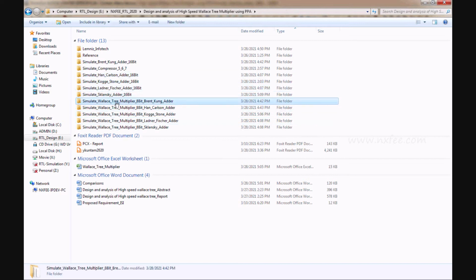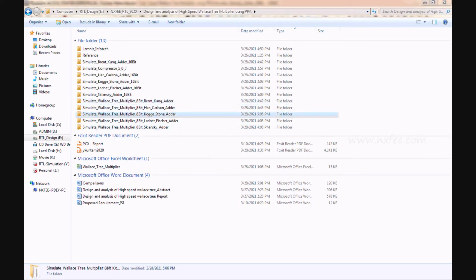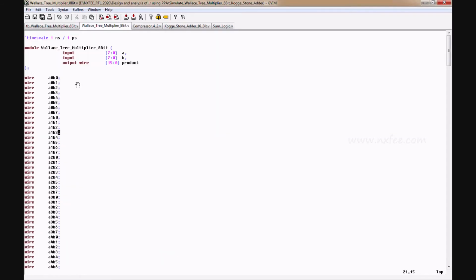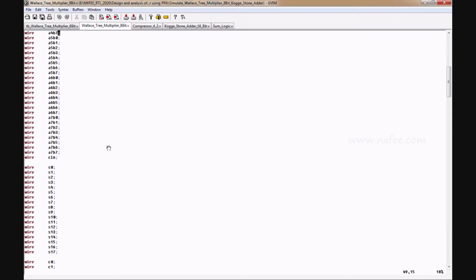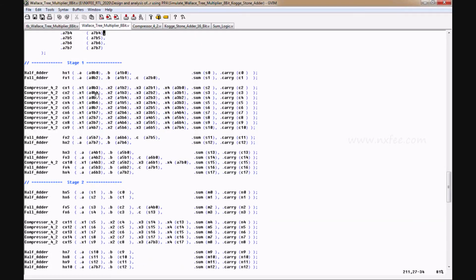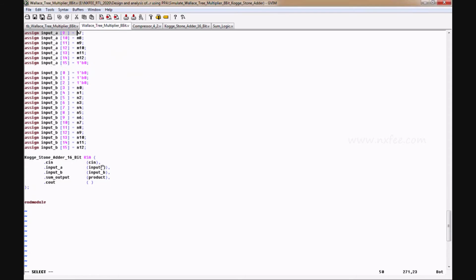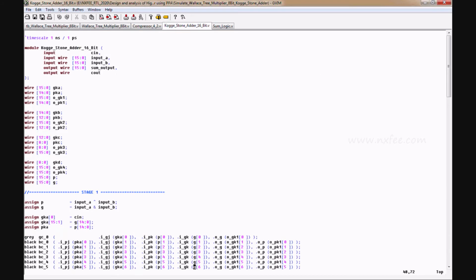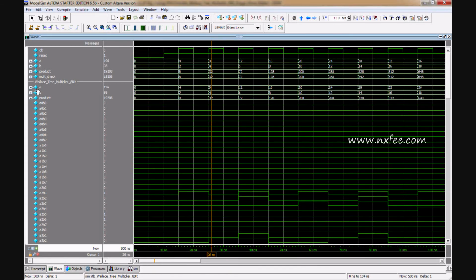And this is the multiplier code. For this multiplier code we can show only the Kogge-Stone adder. So this is a multiplier for Kogge-Stone, and this is a multiplier for 8-bit. This is partial product generation, and this is the multiplication part. Here we used the 4:2 compressor method, and finally we used the Kogge-Stone adder. This is the compressor coding, this is the Kogge-Stone 16-bit addition, and this multiplication simulation we show here.